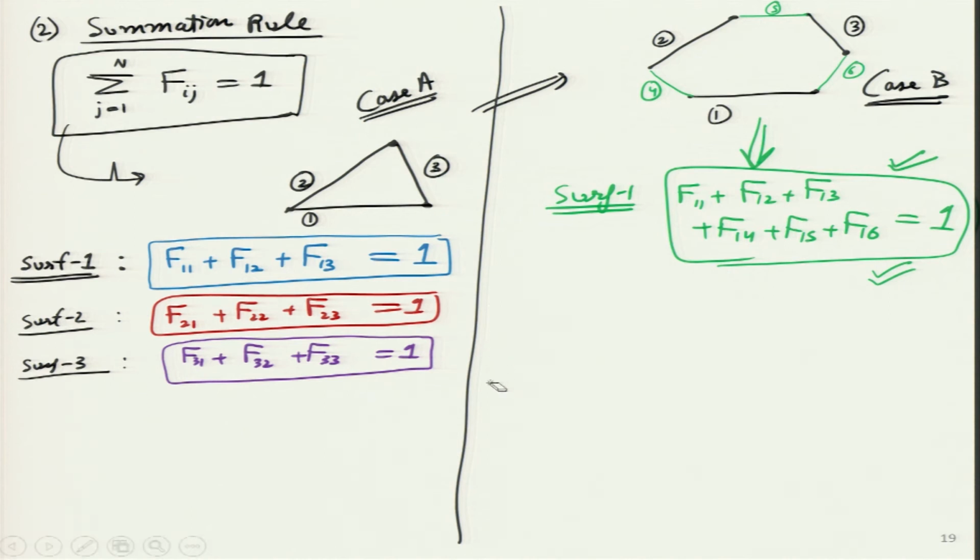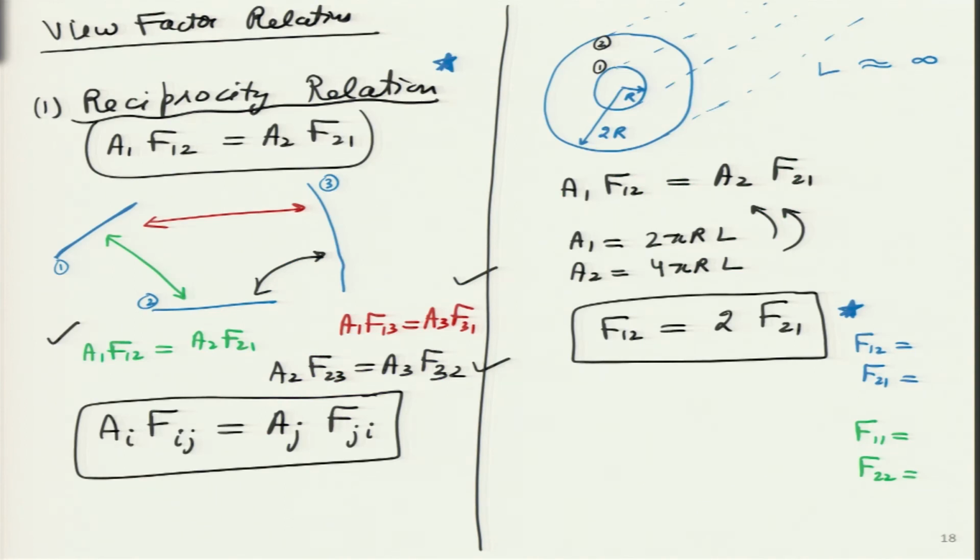Now, let us go back to the previous slide. With the knowledge of summation rule, earlier we already had reciprocity rule. Now, I will be able to figure out all these values. You remember we wanted to write all these 4 values. How? Let me go ahead and do that. So, let me apply summation rule over here. So, I already have 2 surfaces. For surface 1,